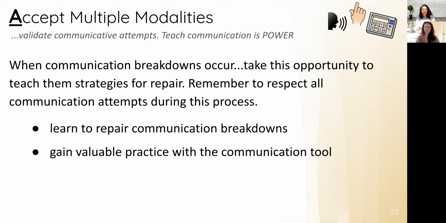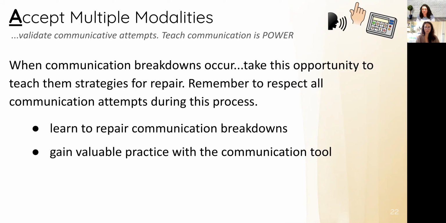When a communication breakdown occurs, take that opportunity to teach them how to repair it and different strategies that they could use to repair it. But never ignore it or set it to the side. You have to remember that you need to respect all of their communication attempts, whatever modality that may be, during that process. But the purpose during communication breakdowns is for them to learn how to repair it and for